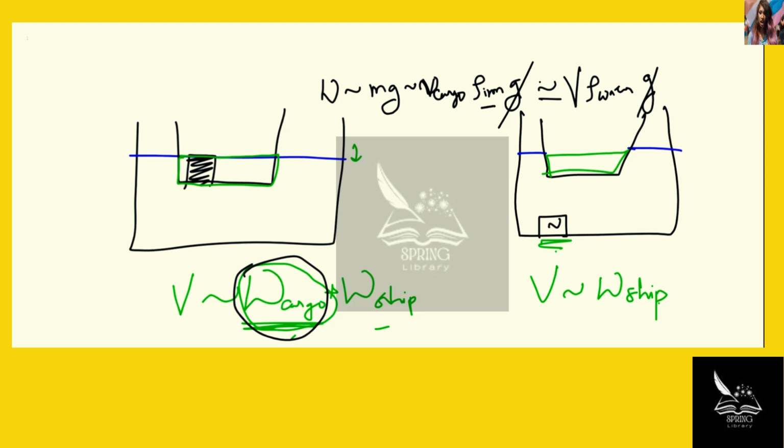Now, the density of iron is much larger than the density of water, which means the volume of cargo must be much smaller than the volume of water displaced, which means the water level will rise because now the cargo has been submerged and it displaces water, but the amount of water displaced when it was in the ship was much larger than the increase in the volume due to the volume of the cargo itself, which is why the total water level will decrease, will be smaller in the second case. That is, the total water level will decrease when you go from the first scenario